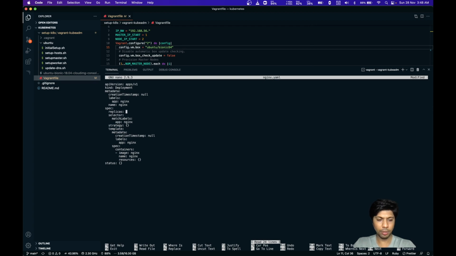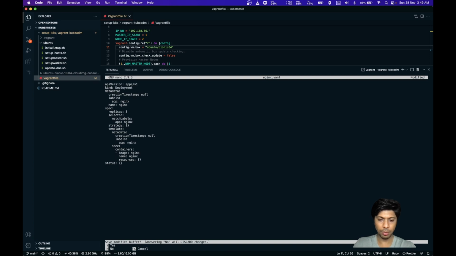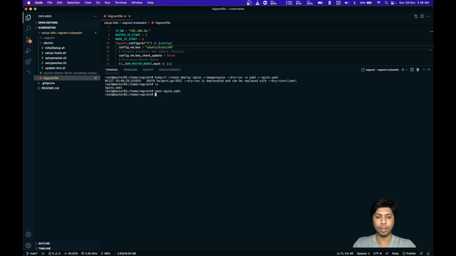By default it will create only one replica, that is one pod. I wish to have it to run 3 pods and then do the load balancing between all the 3 pods. By default the pod is using nginx image, so all looks good. Let's save the file and then now let's create the deployment.